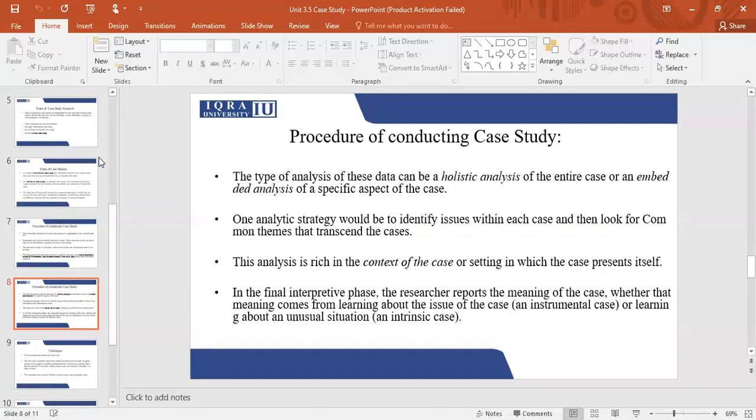We study it completely case by case. We develop different themes. The context is very important for the case as well, so we need to understand the context, we need to understand the background as well. And from there we go and we explain the case. We tell the background, we tell what was going on, we explain the system, and then we tell them what happened and exactly how they came out of it.